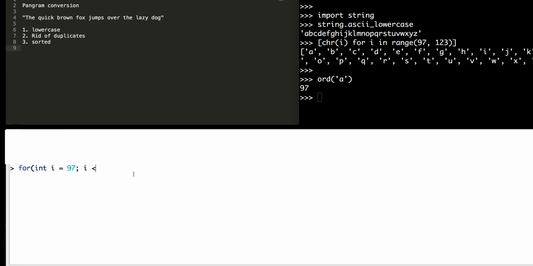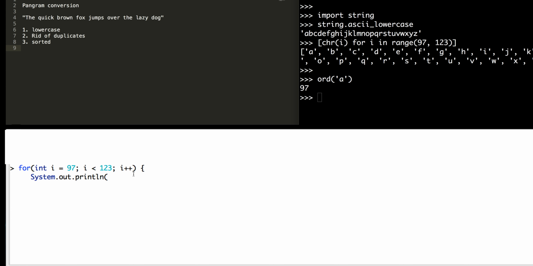and we'll say i is less than 123. We'll say i plus plus, and we should include the brackets in case we want to add extra lines later. If it's only one line, it will read the next line underneath there without brackets, but we'll delimit it because we might want to add some later, so it's a good practice. So we need some casting here. So we'll say the char value. So we'll go ahead and put